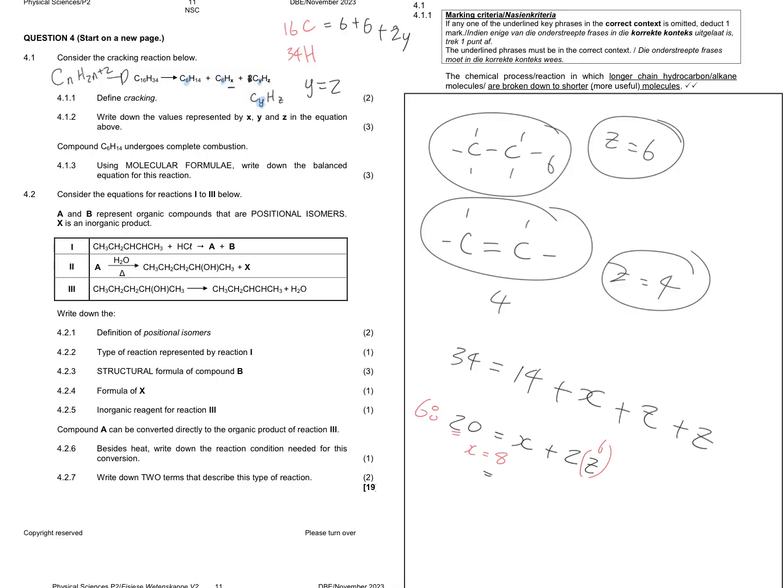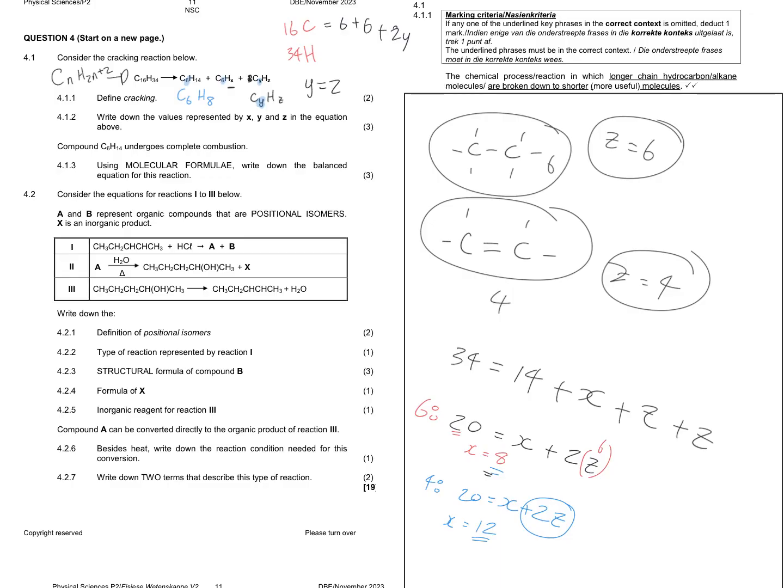If, however, we had Z being 4, if I just write it out again, X plus 2Z, that would make X equal to 12. Because 2 times 4 would be 8, 20 minus 8 is 12. Do I want X to be 8 carbons or 12 carbons? Which one is more reasonable for what I'm doing? What happens with cracking is you make alkenes and alkanes, typically. And C6H8